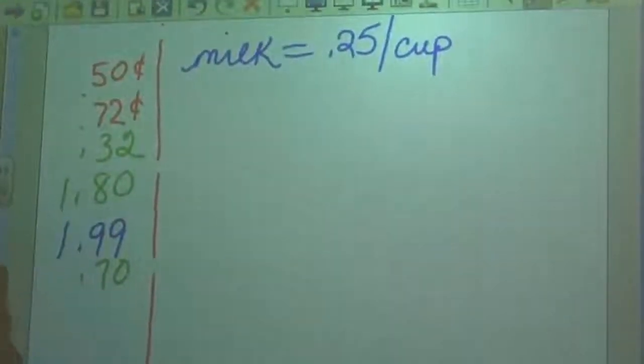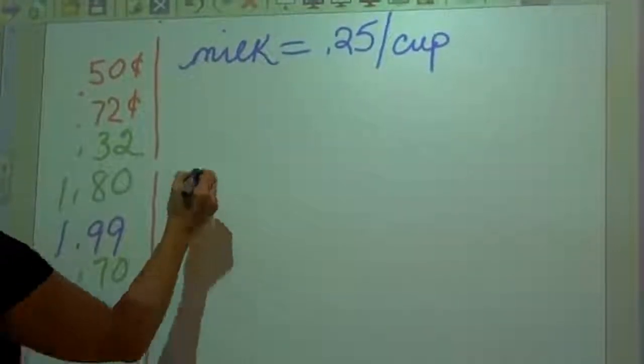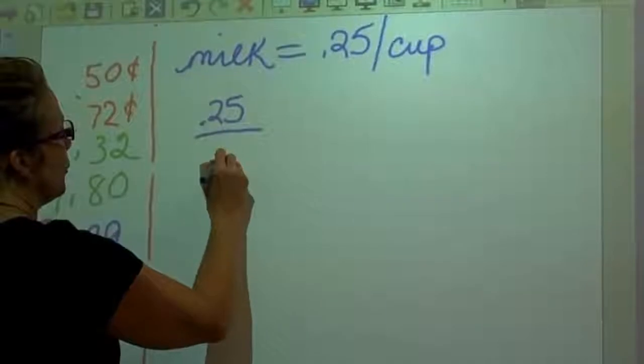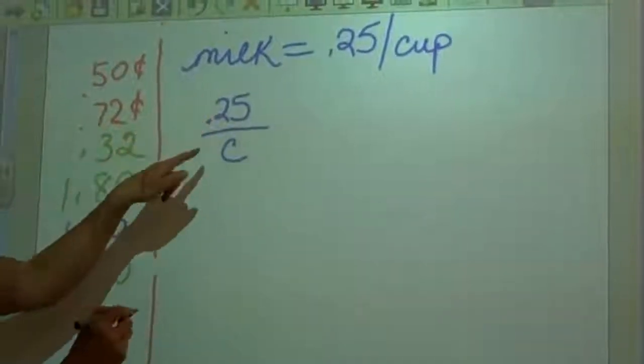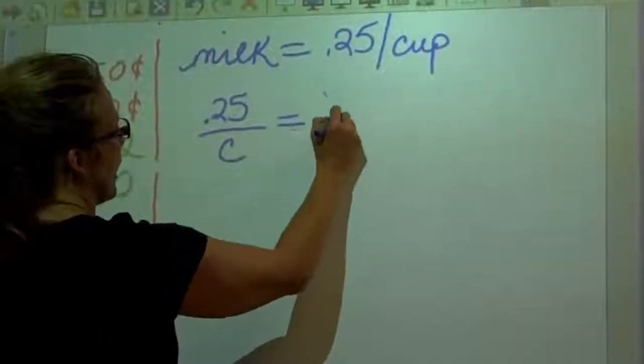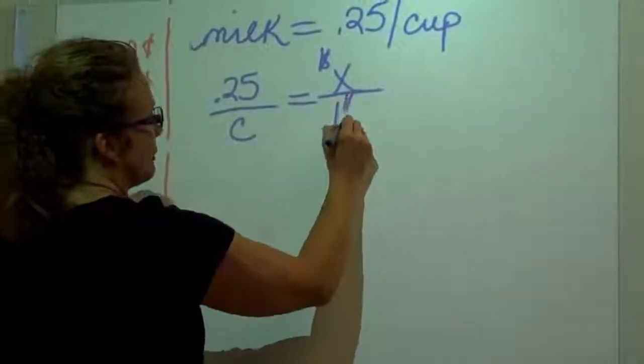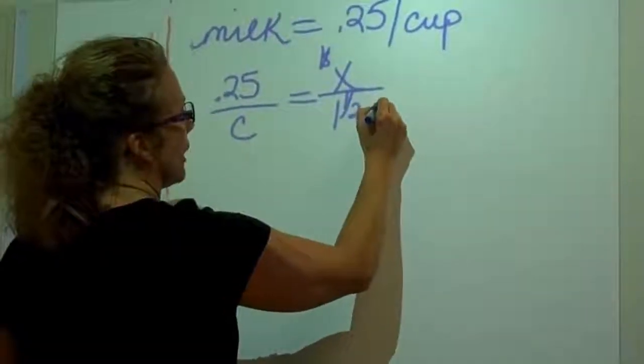Okay, we need 1½ cups. So we have 0.25 over C, because it's 25 cents a cup, equals x, meaning how much is it going to cost for 1½ cups. You could also write